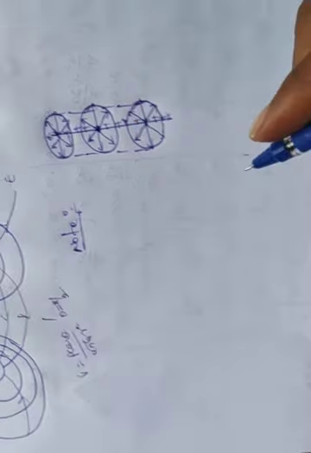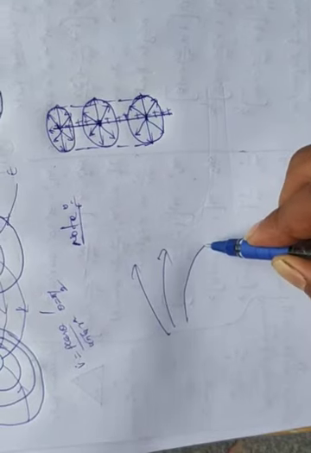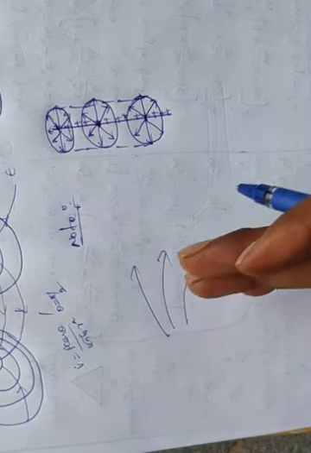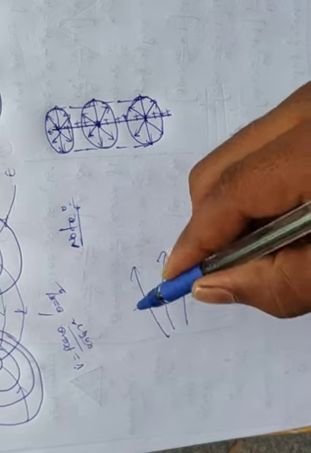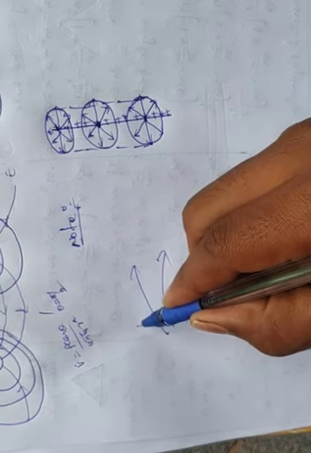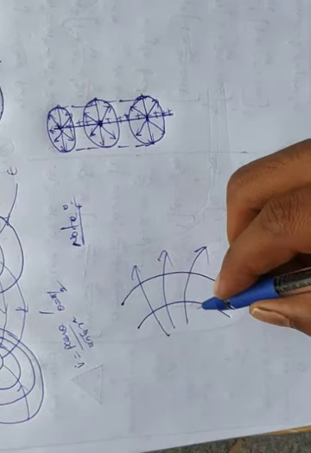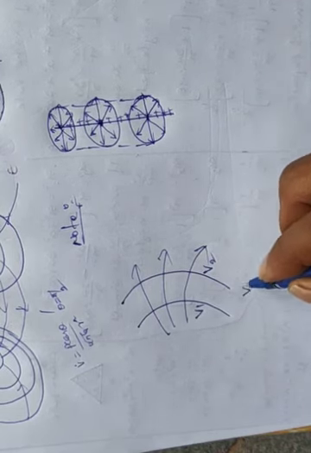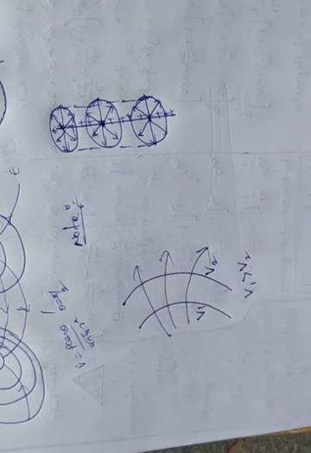And suppose the electric field lines are like this. These are diverging. The distance between these two lines is diverging. Electric field lines are diverging. In that case, how can we draw the equipotential surface? We can draw like this. This is the equipotential surfaces. Here it has potential V1 and here V2. Here V1 is greater than V2 because the space between these two electric field lines is increased. V1 is more than V2.